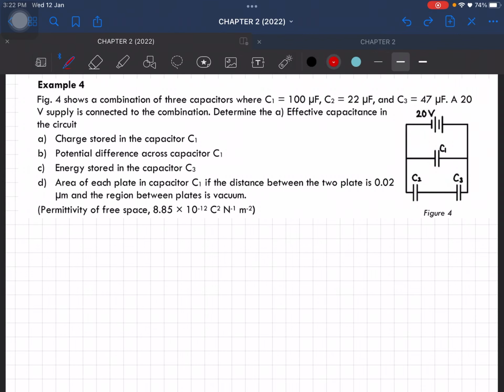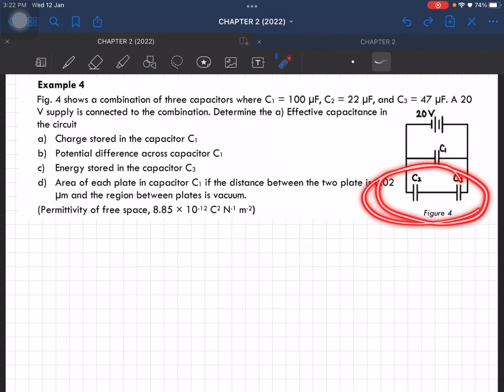Okay, so firstly let us simplify the circuit here. So this one, we will connect this one, so this is gonna become